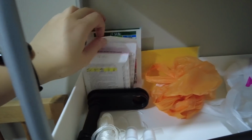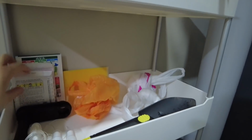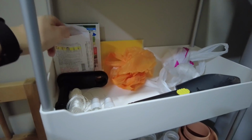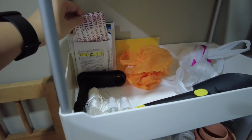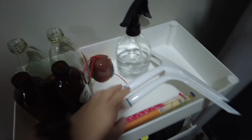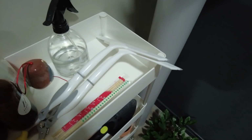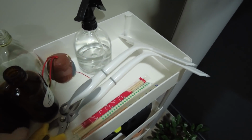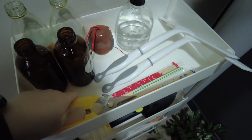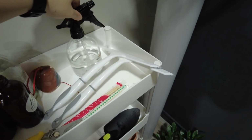These are the seeds that were soaking wet because they were in this top section previously, and all the rain got in, so they were swimming in it. Luckily each packet has another mini plastic aluminium foil packet, so they were all safe and dry. And this top one was just spare squeegees, chopsticks that I'm using as support for taller plants, a pair of shears, the vinegar spray that I made to chase away pests and mosquitoes,